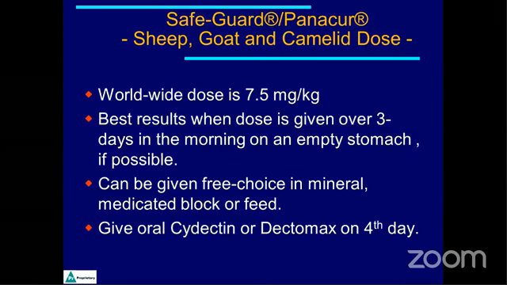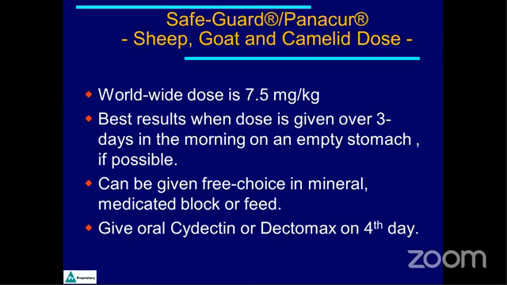So the worldwide dose is 7.5. I like to use that dose a little higher. So a pound of a 0.5% Safeguard, I think I got it here, but we'll do 750 pounds of sheep and goats. So you spread that dose over 3 to 5 days. 3 days is adequate. You can do it in the mineral. You can use blocks or in the feed, and then give your